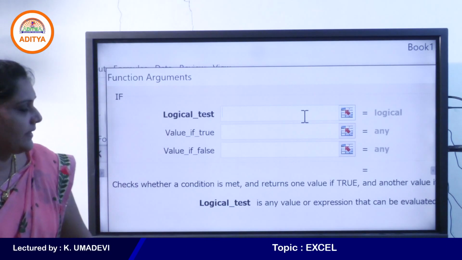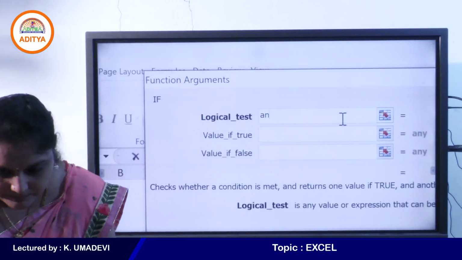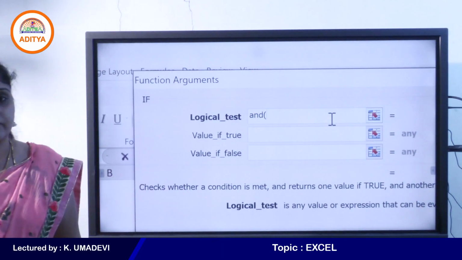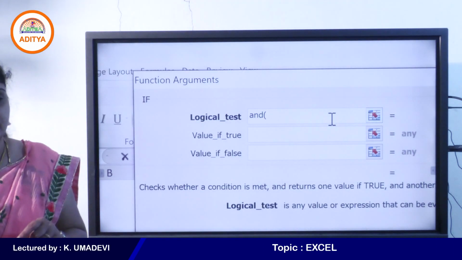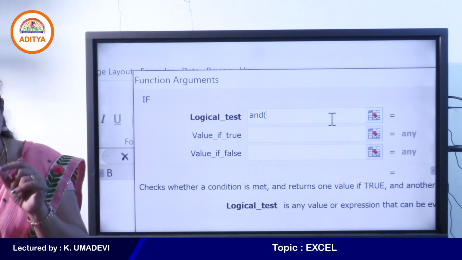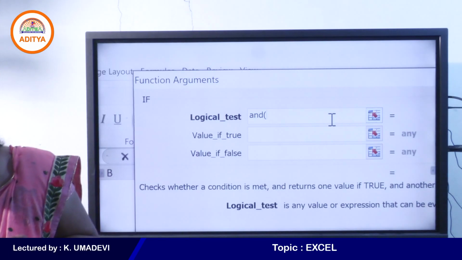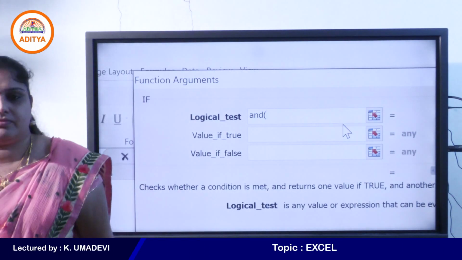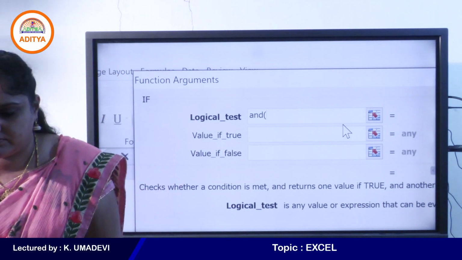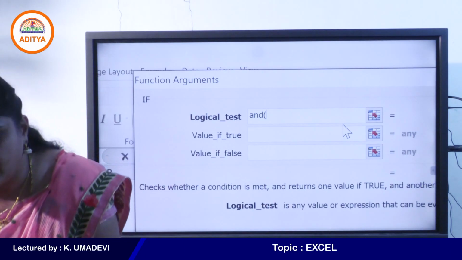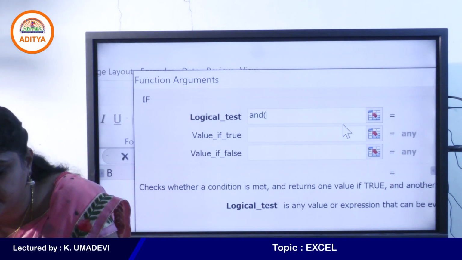Okay. So AND of, so what is the first cell address? That is subject 1 marks. Come on students. See, C8, right? So what is your doubt? From ADC Amlapuram, what is your doubt?